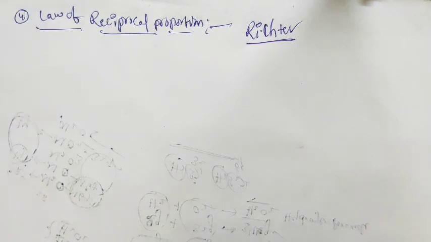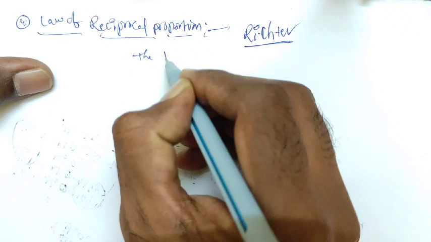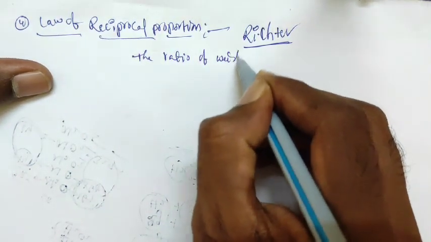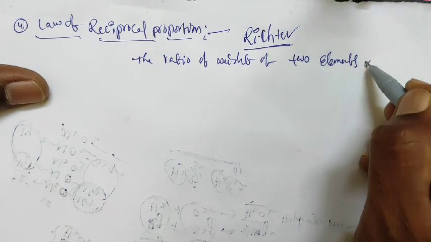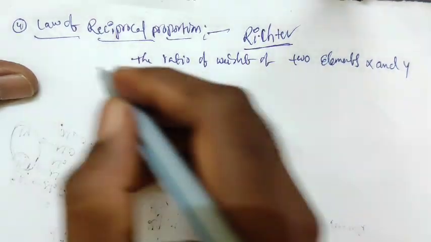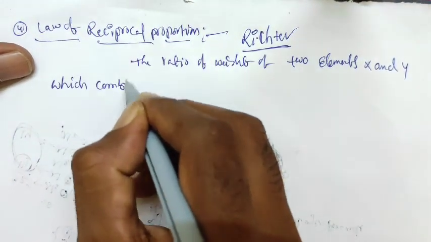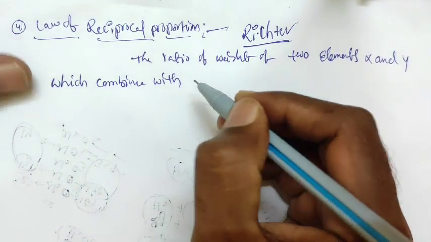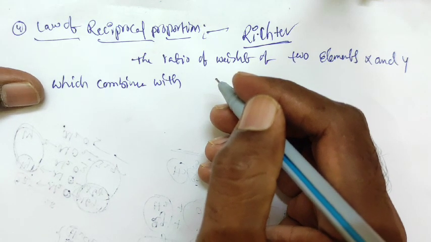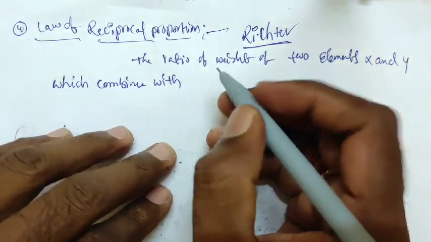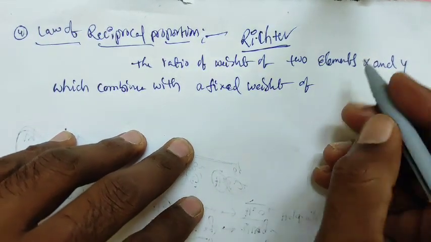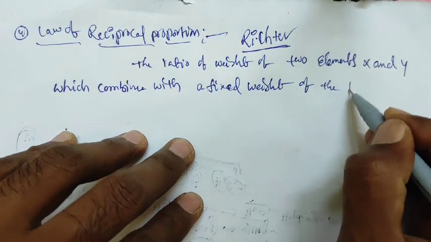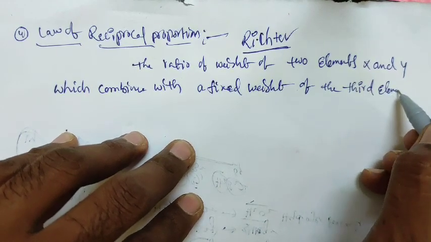According to this law, the ratio of weights of two elements, x and y, which separately combine with a fixed weight of a third element, z,